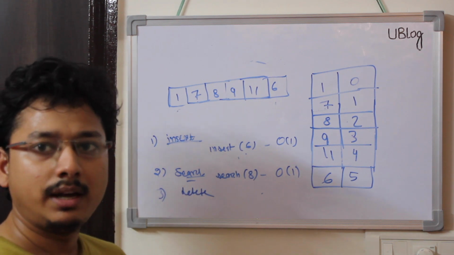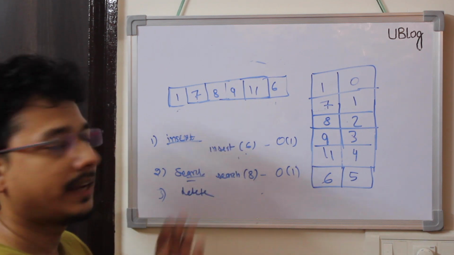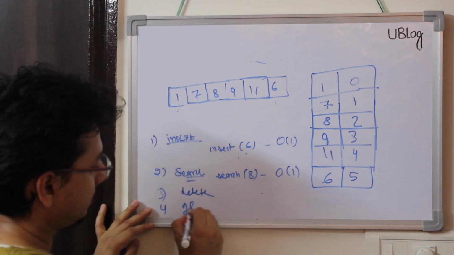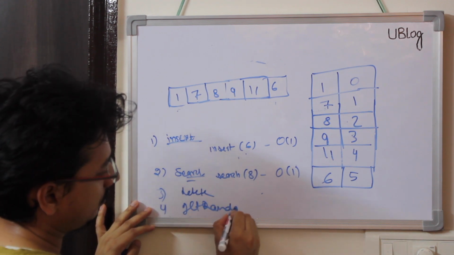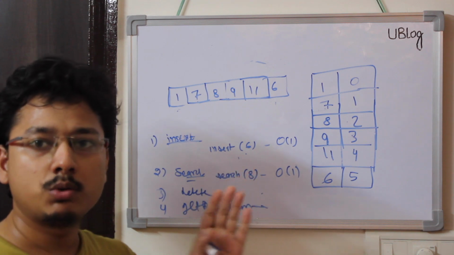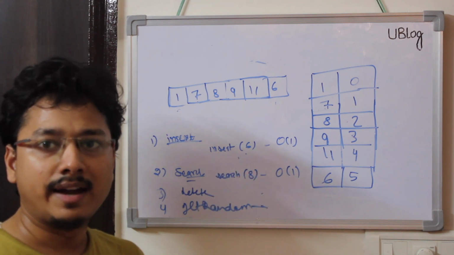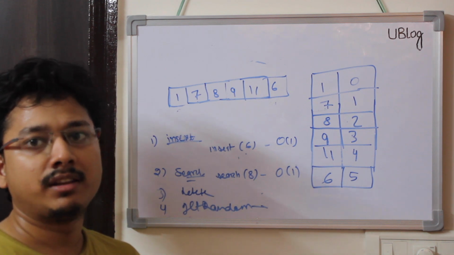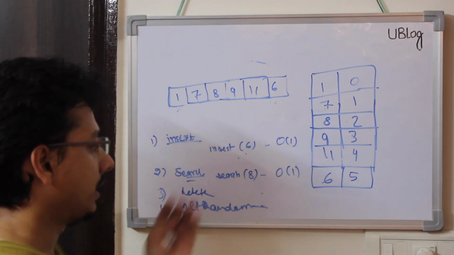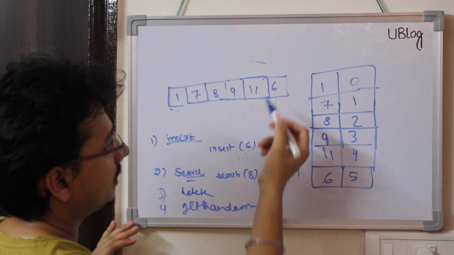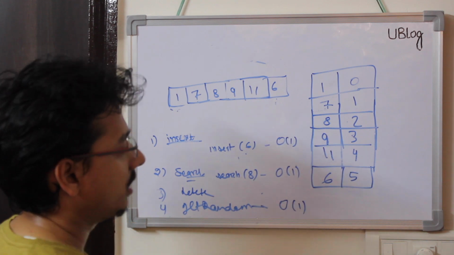Before moving to the delete, let's first solve the get random function. Since get random can be solved using the array, we know the size of the array. We can just find a random number from 0 to n-1 and return the value of that element in the array. So I can just find the random of this and return from the array. That will be done in O(1) time.